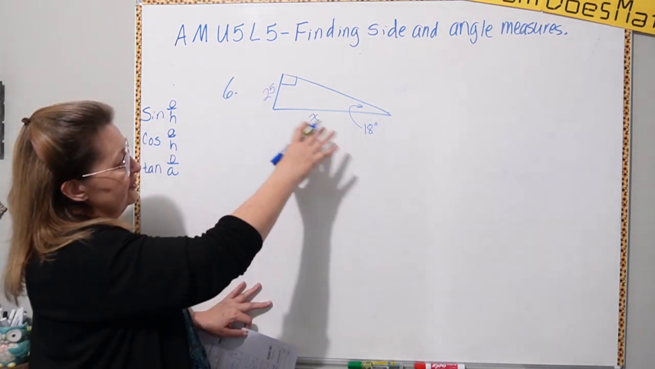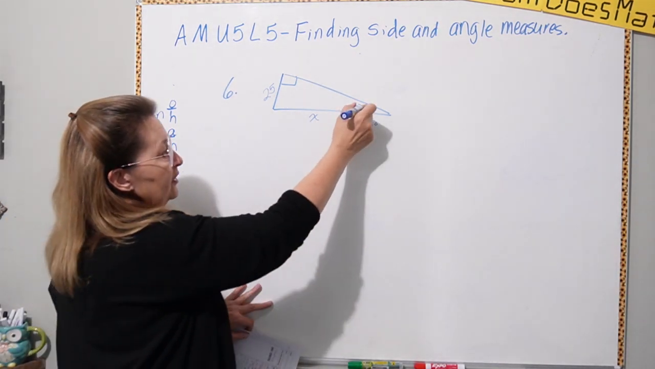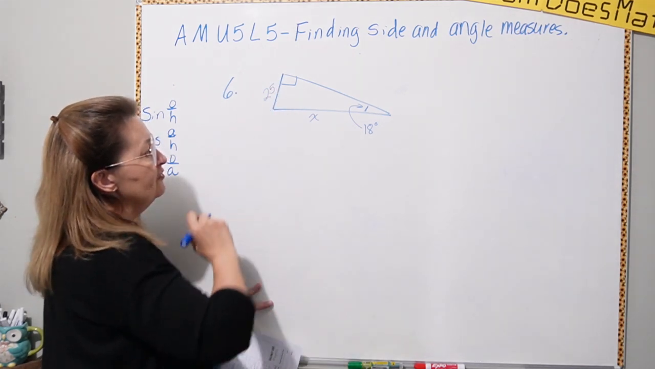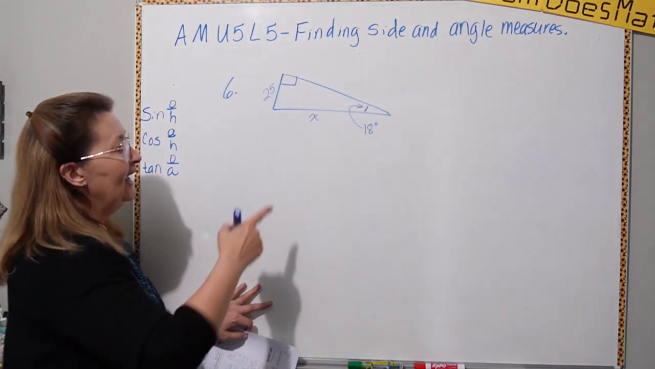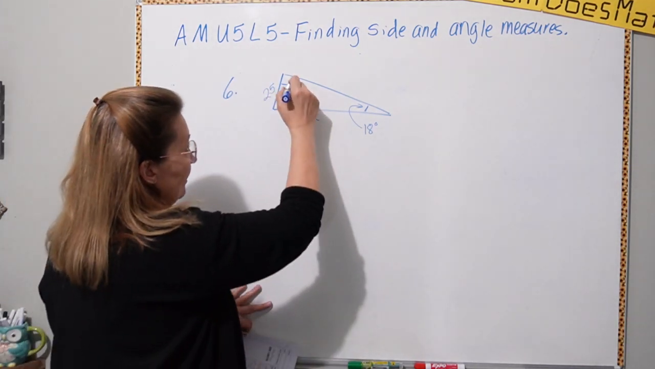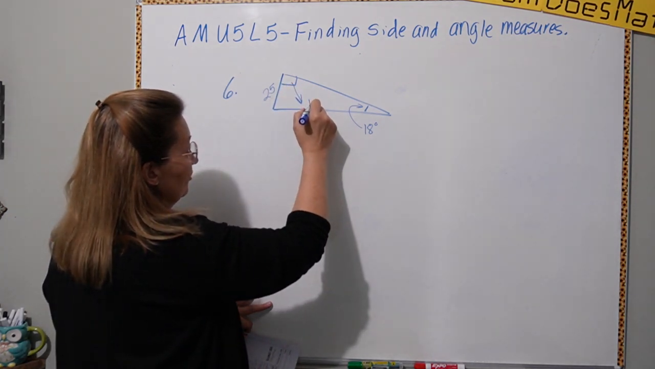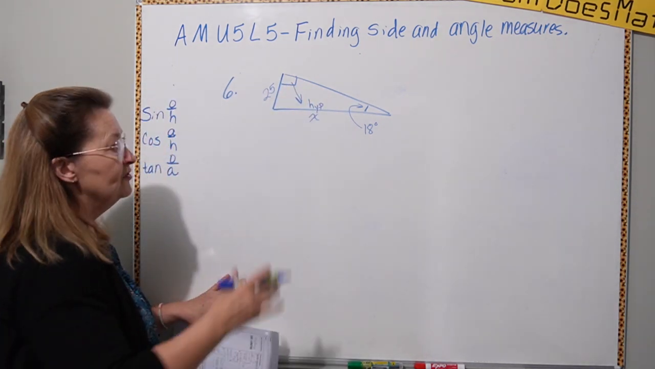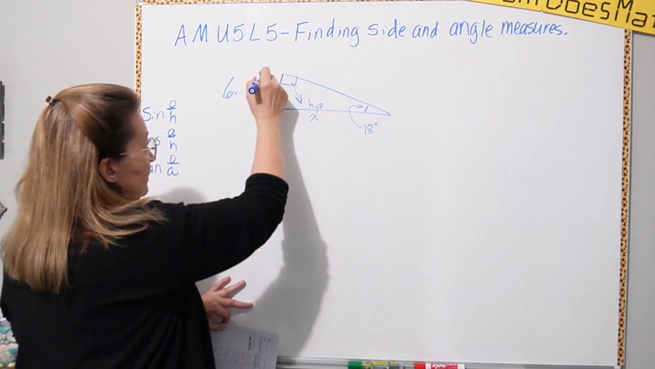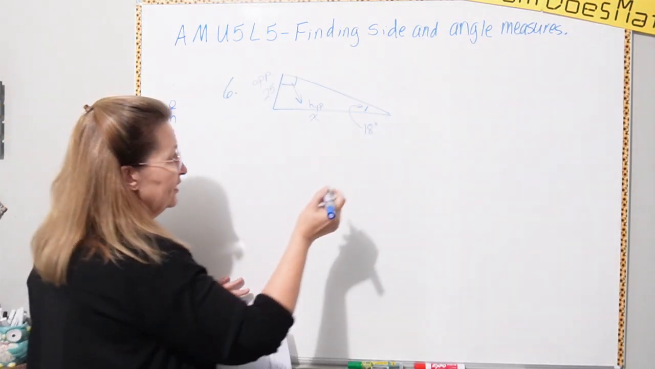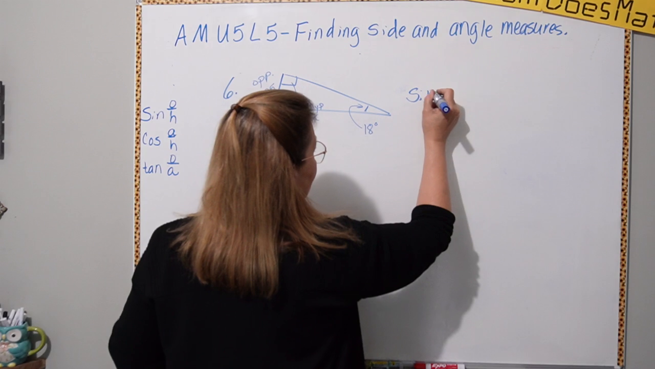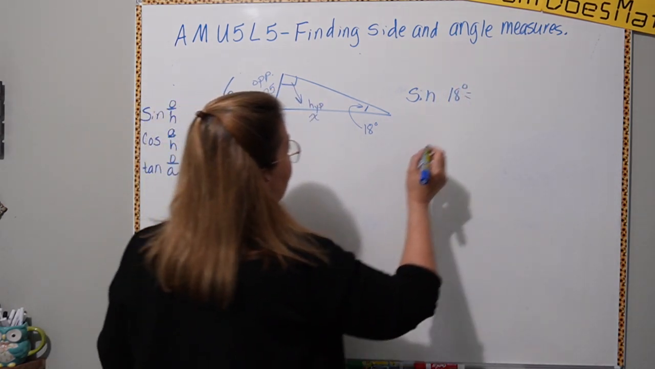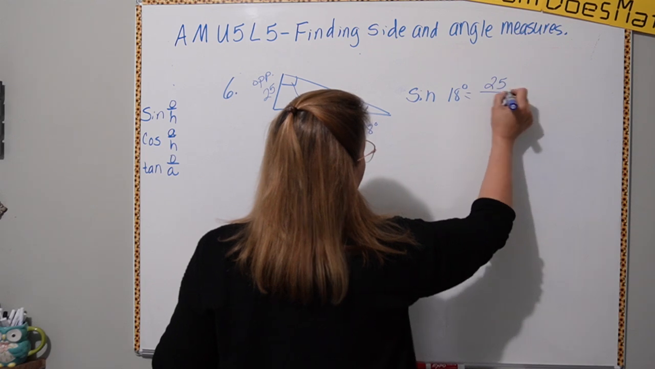Okay, for number 6, here's our right triangle. Now here's my angle that I have a degree measure of, and I have a measurement for the side opposite, and I want to know the side here that's opposite the right angle, so that's my hypotenuse. So which one involves the side opposite and the hypotenuse? Well, that's your sine. So the sine of 18 degrees is equal to the side opposite, which is 25, over